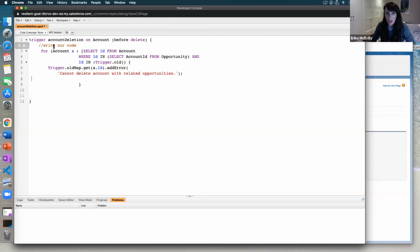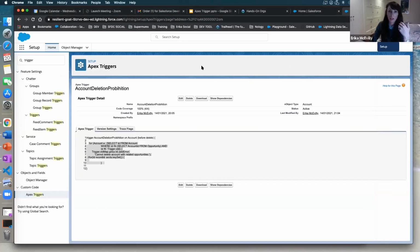So again, you don't have to look through all the lines. If you look here, you say, okay, I'm looking for an account deletion, before it is deleted, and the information I'm looking at is opportunity. If my account has a related opportunity, I'm getting that error message. So let's see how it works in the